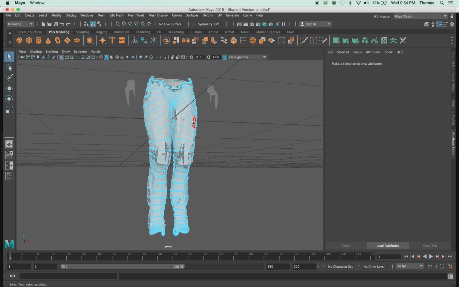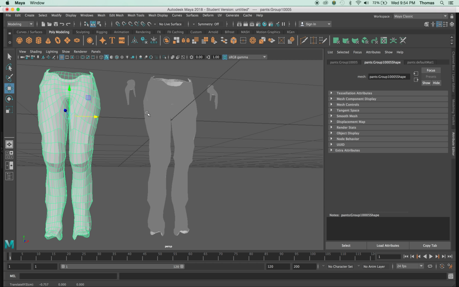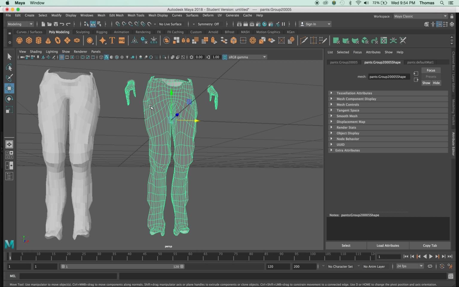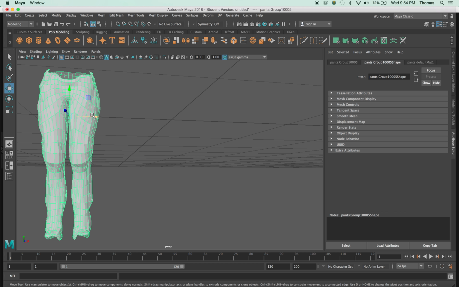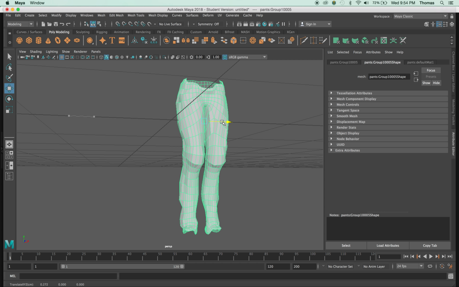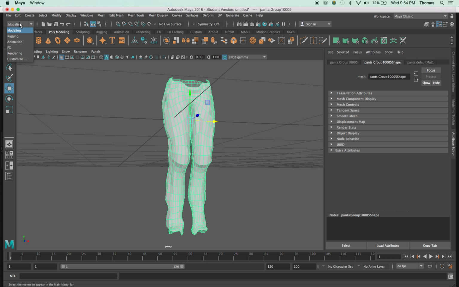Looks like I've somehow got two pairs of pants in there. Not sure what happened. All right, I'm not sure what happened there, so I'm just going to delete that. So these are the pants I'm interested in. Deleted the hands, and so we're going to go from modeling to rendering,